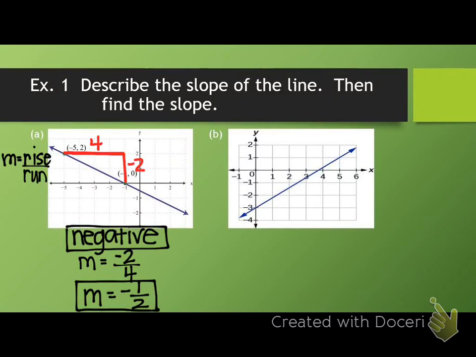I know it's negative, and my actual slope did come out to be a negative number. Now let's look at letter B. We're going to do letter B the exact same way that we just did letter A, even though right now it doesn't look like we can. All right, we have got to identify 2 exact points. Now when I say exact, I'm saying I would not use this point right here because your ordered pair would have to have a fraction in it. So we want to find 2 points that are really right on the corner of our little graph, like right here on the corner,